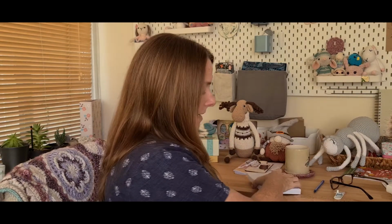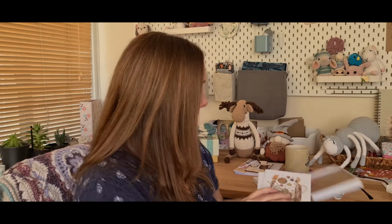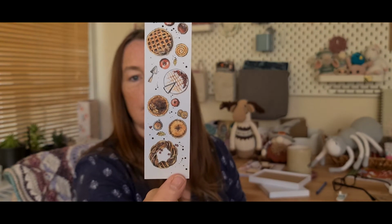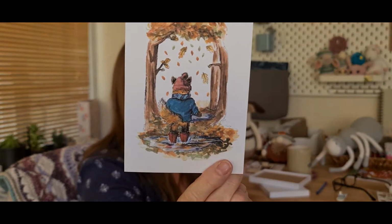So they came in a lovely little box with a nice little sleeve on saying Monthly Illustration Club. And this box is so that you can keep the rest of them in. And then you get a little tag that you can use for somebody's present. You get a bookmark, which is great because I'm always short of bookmarks. And then this is the October box. So you've got a little teddy with some wellies on, a very happy birthday,